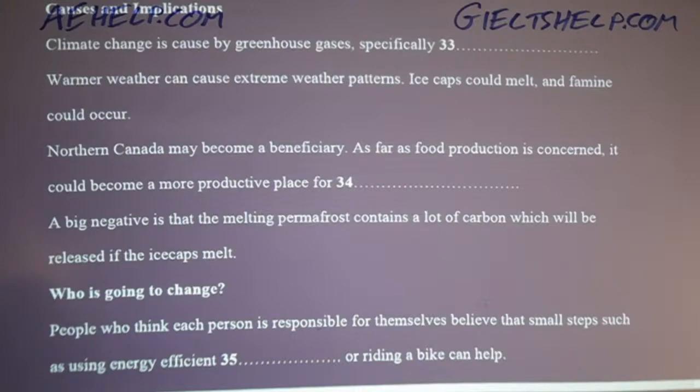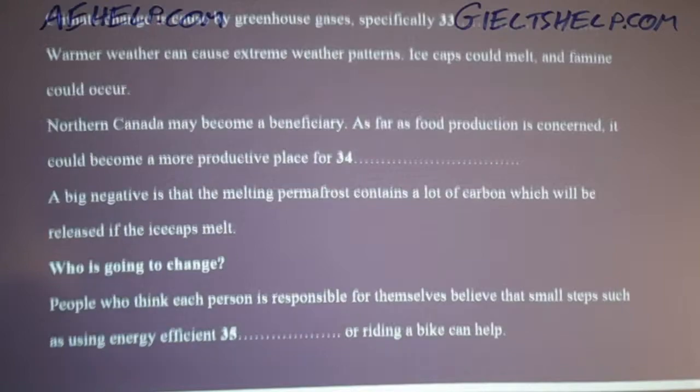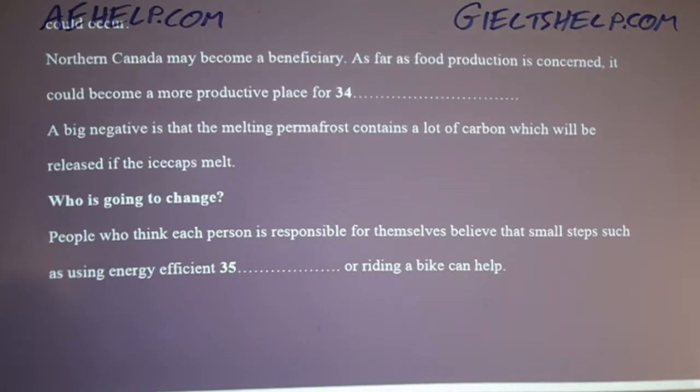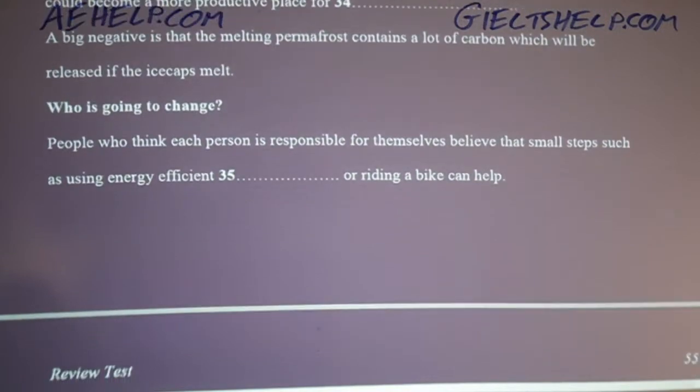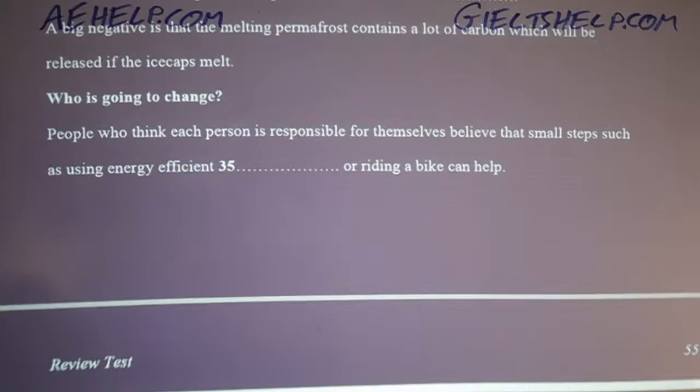On the other hand, places such as northern Canada will likely become more productive for farming and mineral and crude oil extraction. What isn't positive about the permafrost melting is that the ice is a carbon sink, and when it melts, it releases even more carbon into the atmosphere. It's clear that humans will have to change their relationship with the Earth and its resources, but the debate remains over who should be leading that change.